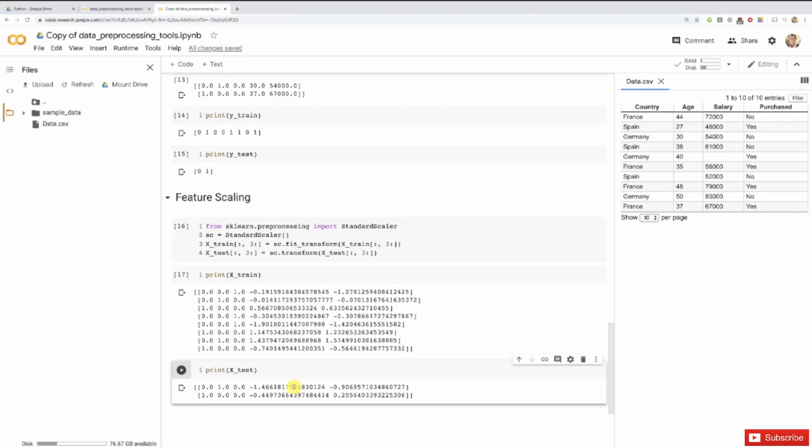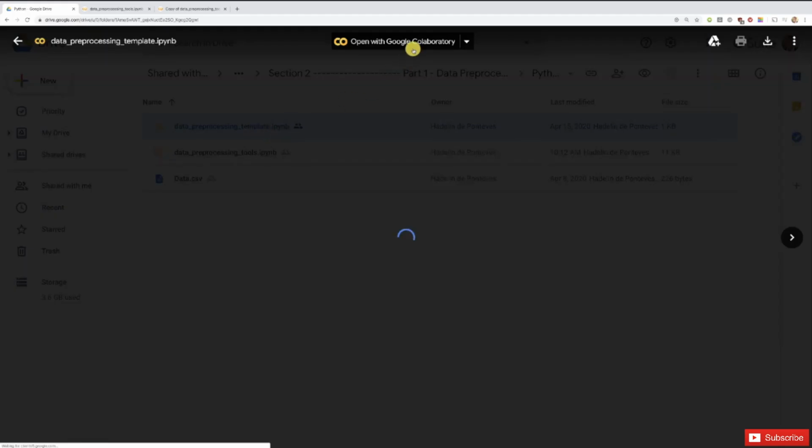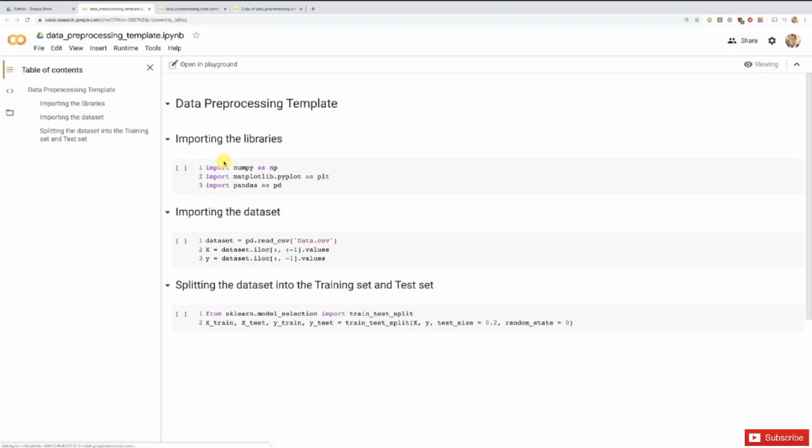But before we move on to this next part, I just want to show you the data preprocessing template, which will be so useful for us to tackle in a flash the data preprocessing phase for each of our future machine learning models, because you will see that this template was made so that we will only have each time 1 or 2 things to change, and most of the time 1 thing to change, because in this template I included the 3 always used tools